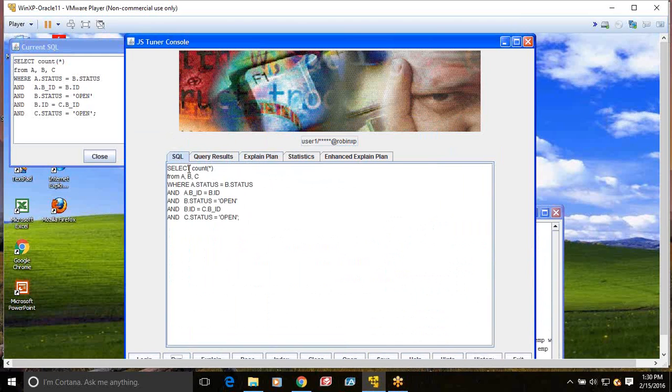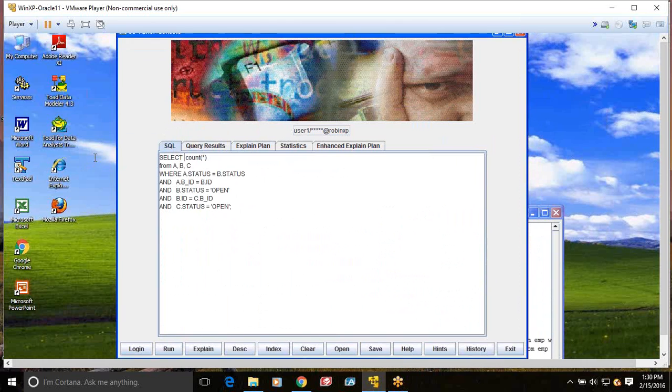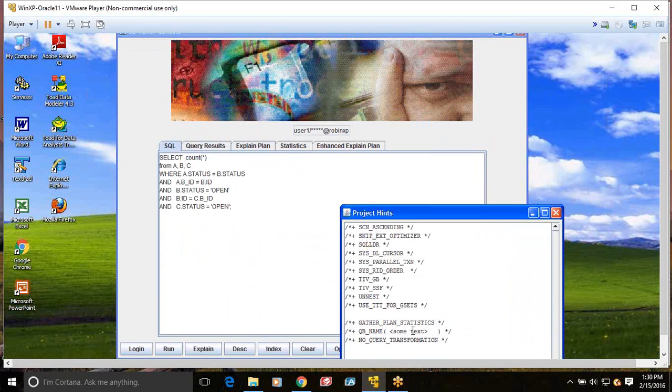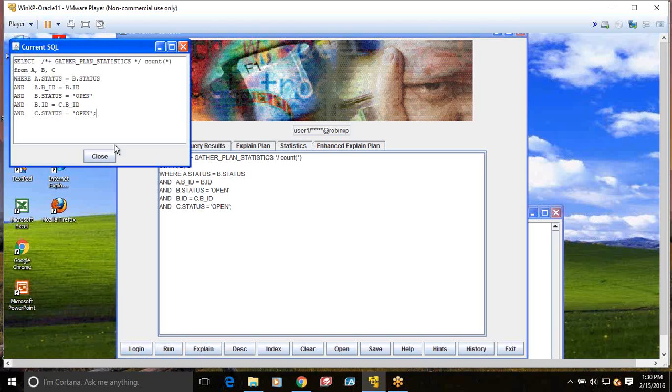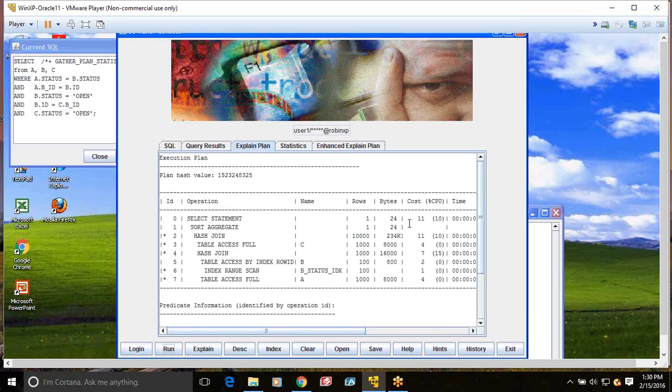So if I do this, if I go back to the hints, I can close this, go back to the hints, and I'm going to copy this one out. I wish I could have gotten drag and drop to work, but it didn't. Copy. Just remember, it has to be the first hint. Okay, it has to be the first hint, because I look for the gather thing there, and you have to run it, and it pops up, so it's done, and there's my explain plan,